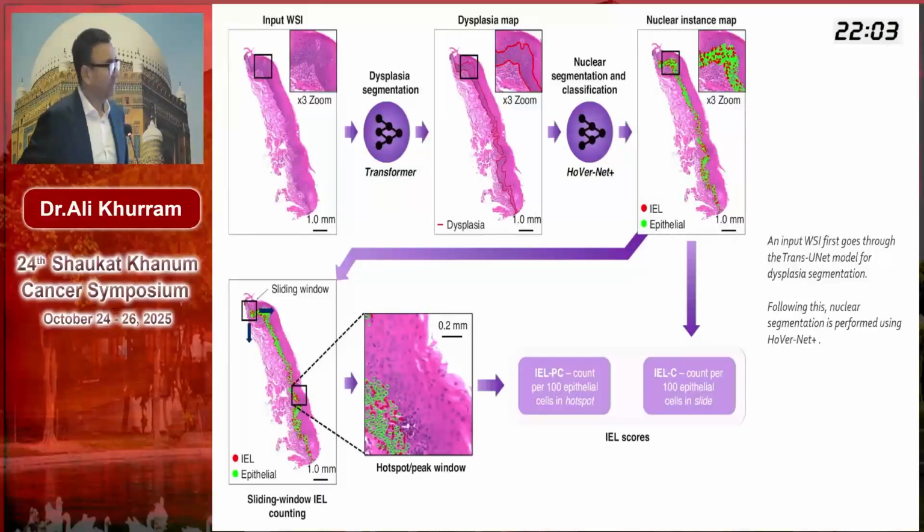So then we built on that, and we wanted to also look at whether there's a role for intraepithelial lymphocytes. And again, this is an automated AI pipeline. You can see that the transformer model is being implemented. You can identify where the dysplasia is. And then within the dysplasia region, you can actually take away every single nucleus and do hundreds of different measurements and correlations on that. And then based on that, we could come up with these intraepithelial lymphocyte scores.